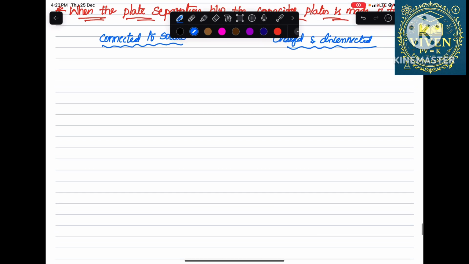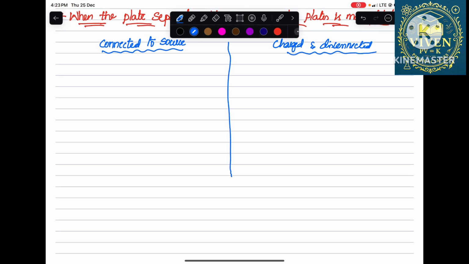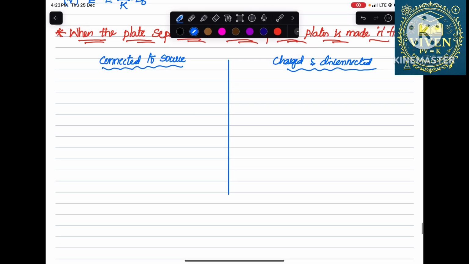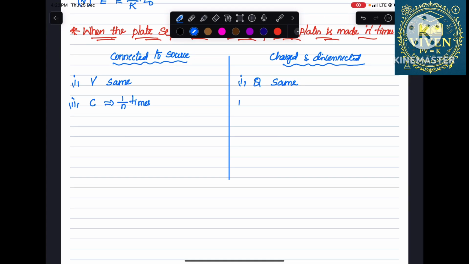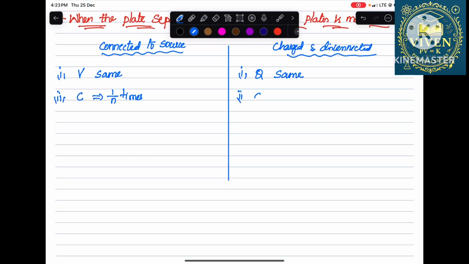Tabulating the things, the first one: in the connected case V remains the same, here Q remains the same. Next, here C becomes 1 by n times, and here also C becomes 1 by n times. And here, third, Q becomes 1 by n times,